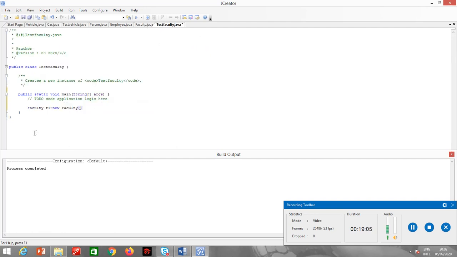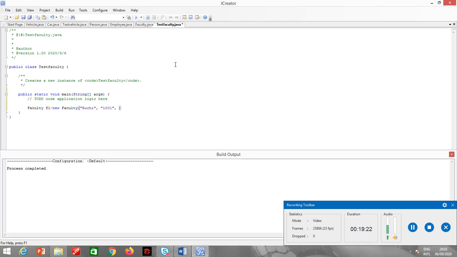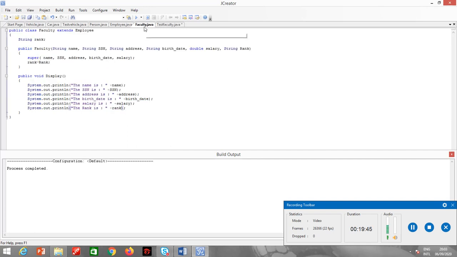So first is name. Let me write my name. Then social security number, then address, and then birth date. Address is Jubail, birth date is January 2010, salary is, and the last one is rank.